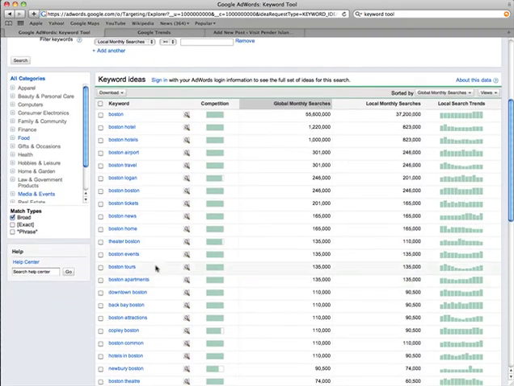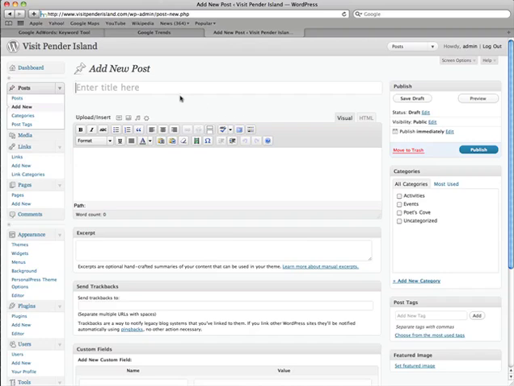So for example, let's say we want to work off of the keyword phrase Boston tours. When we're creating a new blog post, we may have something like top 5 Boston tours. This gets our keyword phrase Boston tours in there. And then throughout the post, we may have a number of mentions of this phrase Boston tours. For example, you may have a subheading that says, why go on a Boston tour, our favorite Boston tours. You want to repeat this phrase over and over again so that search engines see this as a very relevant